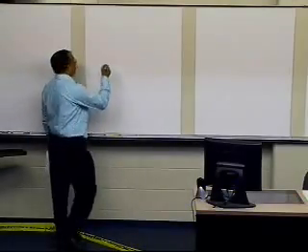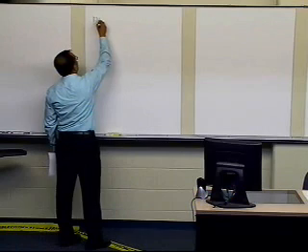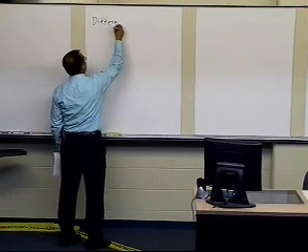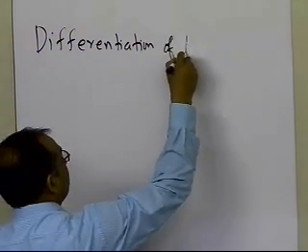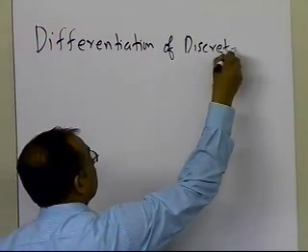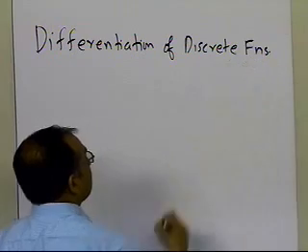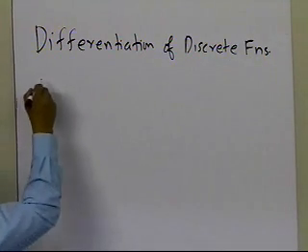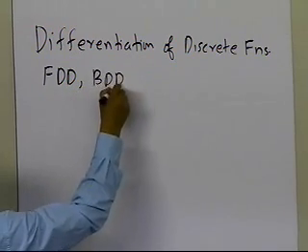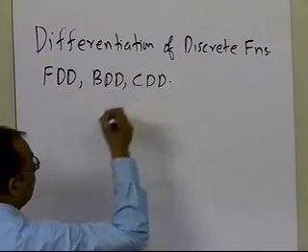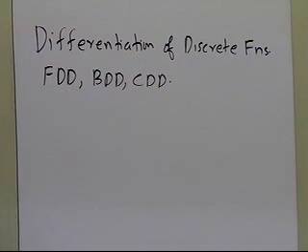In this segment, we're going to talk about how we can differentiate functions which are given at discrete points. So we're going to limit our attention to the forward divided difference, backward divided difference, and the central divided difference scheme. I'm going to talk a little bit about how the scheme works, and then we'll take it through an example, because that's the best way to learn how to differentiate discrete functions.